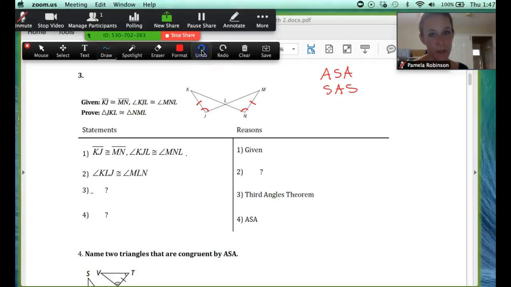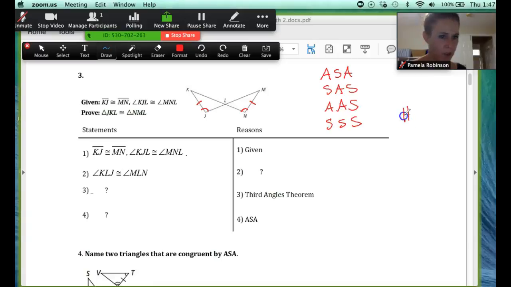And the one that spells the bad word is the one that you don't use. Angle side angle is what I meant to say, and side angle side, okay? That is one that works, or side, side, side. The one that spells the bad word